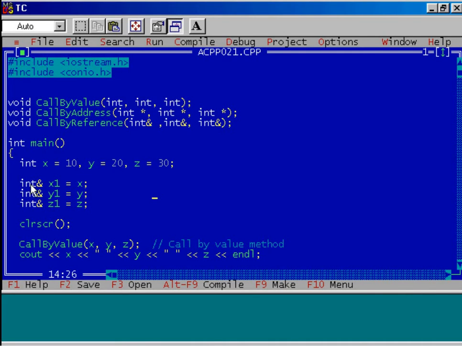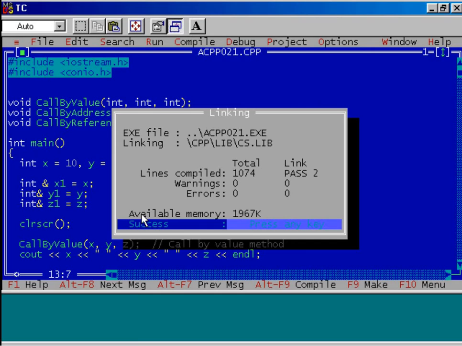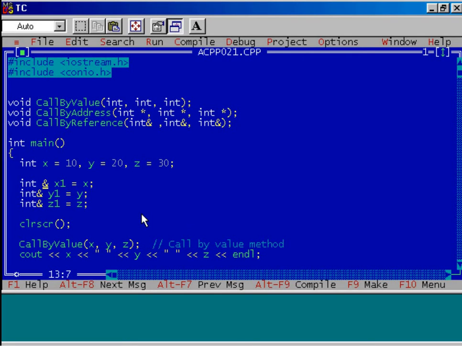Always remember that in this procedure, int ampersand sign means not the address, it is a reference variable. So this is the syntax for a reference variable. Remember one thing, we can give the gap over here. If you compile it, the compiler won't generate any error or warning message.